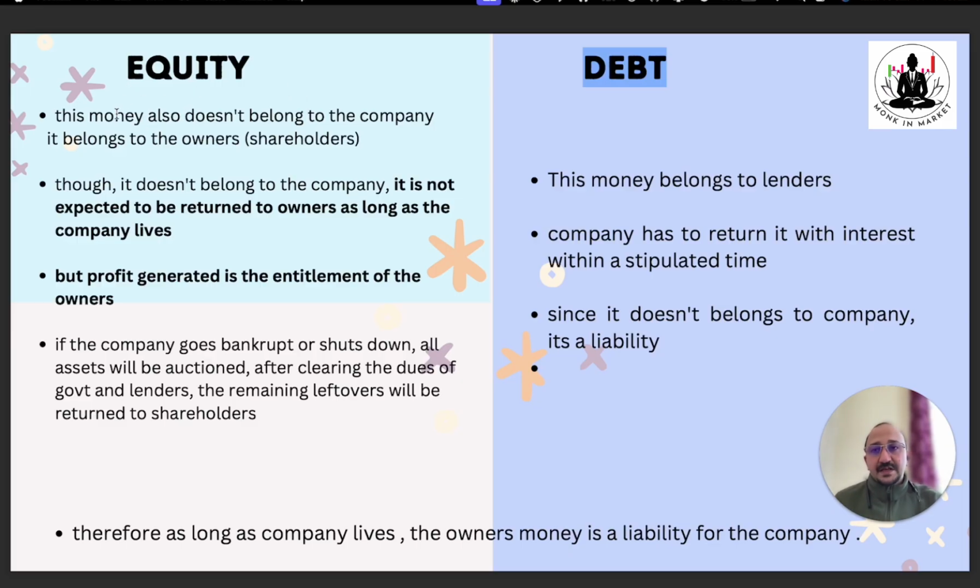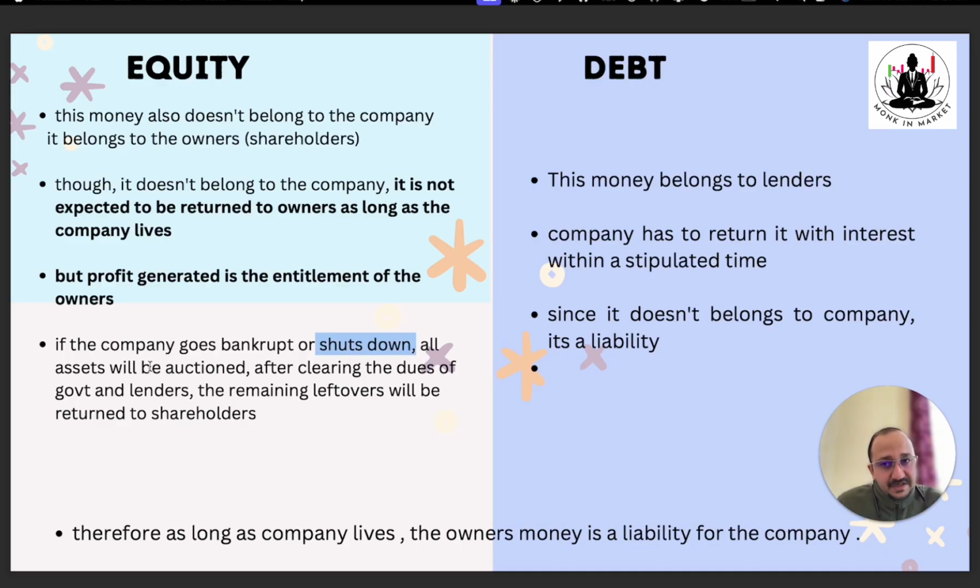All right. Equity is the money that doesn't belong to the company. It is the owners' money, right? It means it is not expected to be returned to the owners as long as the company lives. Guys, this is a very important line. For equity, I need not return the money back, and I just need to give the profit generated to the owners. Only when the company goes bankrupt, or is shutting down, or my business has just collapsed, for example,